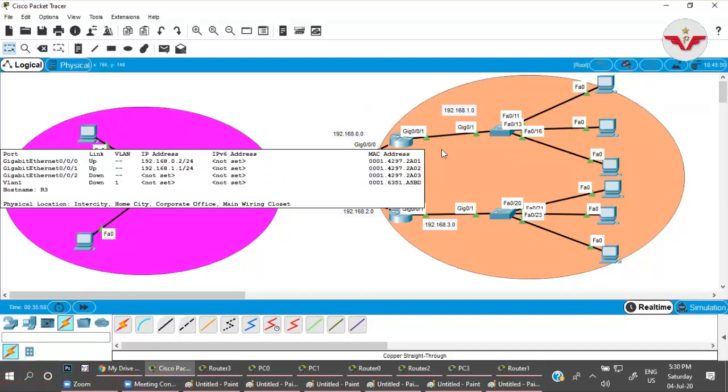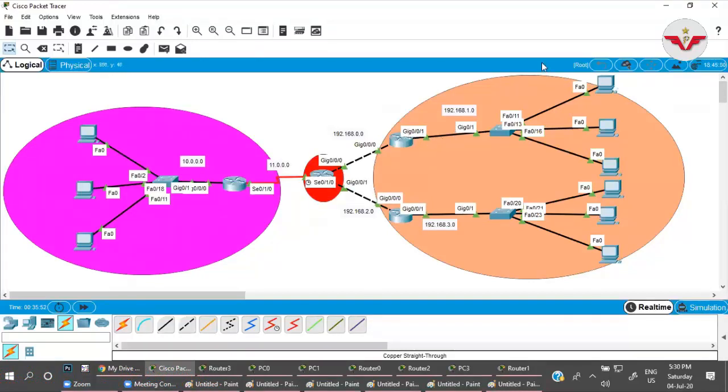So by default this router is broadcasting the routing information on all the interfaces, right? But as I can see here, this router is connected with a local area network, and there is no router or anything like that on this interface. So what is the requirement? Why would we broadcast and use CPU and RAM for an unnecessary purpose?